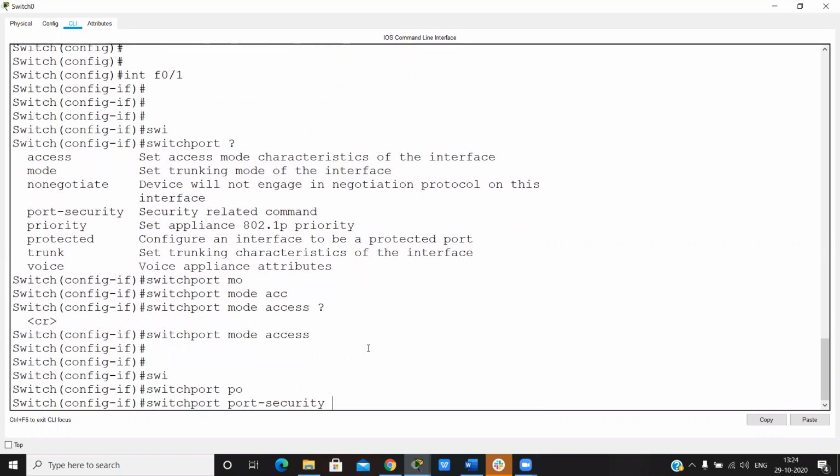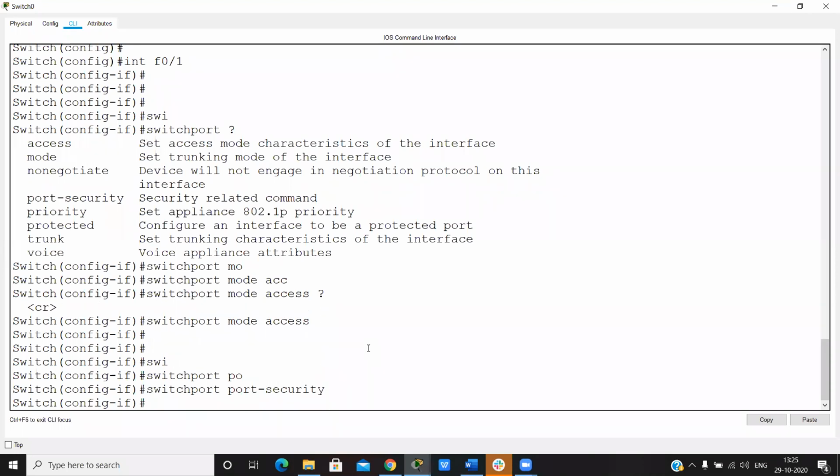This is the command to enable port security on the interface. If you want to enable port security on all interfaces at a time, then we can use interface range F0/1 to 48 or 26 or 12, as many as you require.